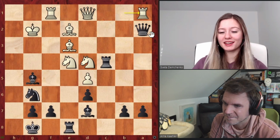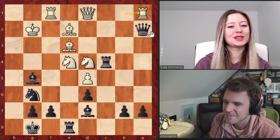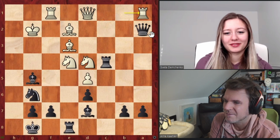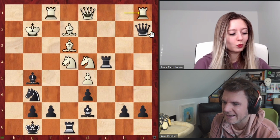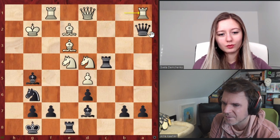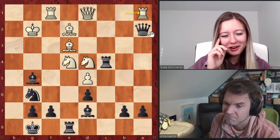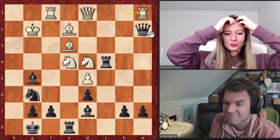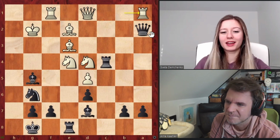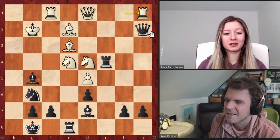You know, this is a very common idea in all these poison pawn variations where the queen takes on b2 and then the rook just keeps going back and forth. So how do we get out of this? How about we zigzag our way out? Is that possible? Queen b2, queen a3, queen b4, queen a5, queen d8. We can, but that's a way I would say is a bit passive, because our queen was doing such a good job on the second rank, and we don't want to just completely hide away. Plus, the rook on c4 is then going to be